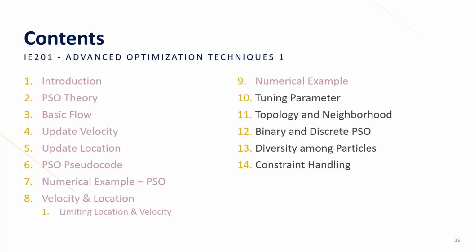And in PSO, we use this kind of strategy, so-called diversity among particles, because we know that PSO has a tendency to be in the same location or converge fast, okay? But that doesn't mean converging fast gives you a good result. So you need to balance how fast it is converging with how well they explore all the searching space in the area. So this is what we are going to talk about, diversity among the particles.